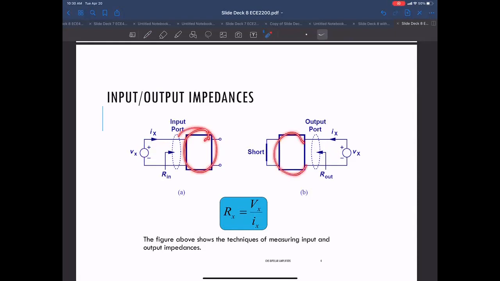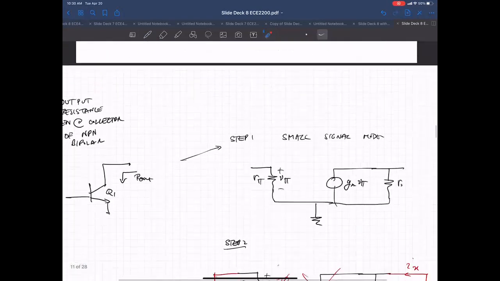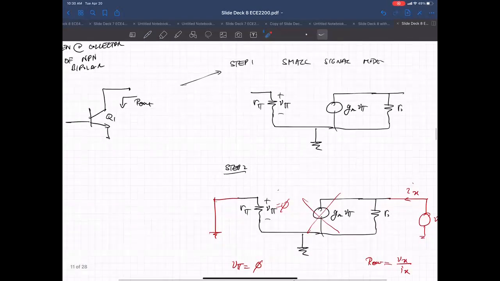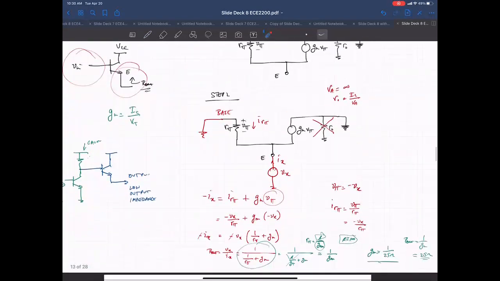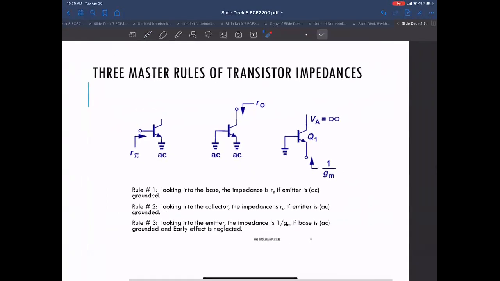I don't have a specific circuit here because it's generic. Whatever circuit you've got, whatever network you have, you can do this too. Okay. Now the specifics of doing it, you saw there are some tricky aspects here, but if you follow the step-by-step procedure, the concept is fairly simple. Okay. And there's certain